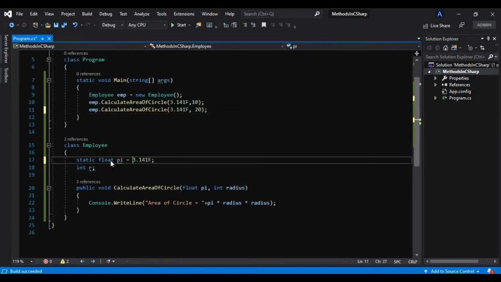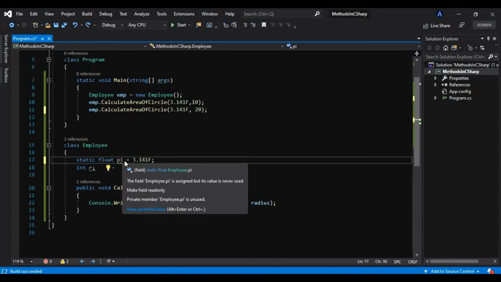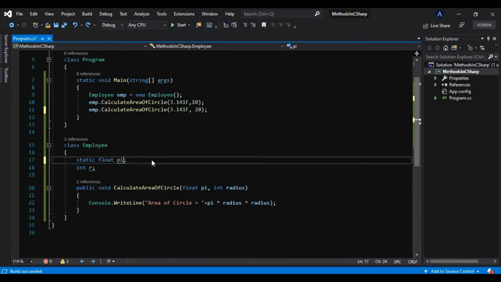When I was showing you the value for pi, at that time I had already initialized it. But if I don't, then I can also take a static constructor.